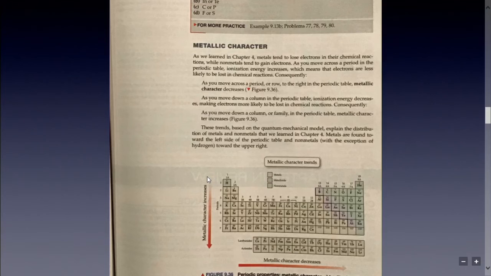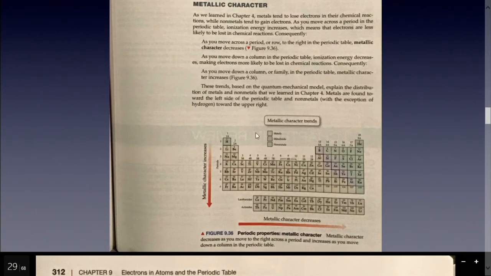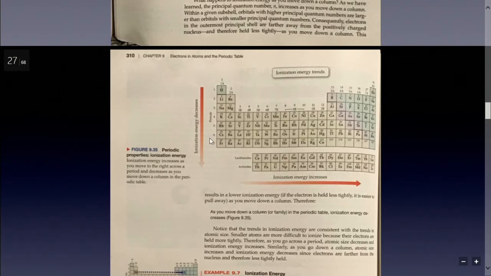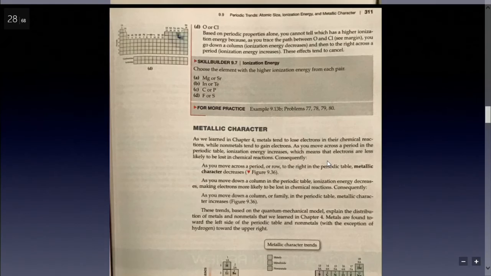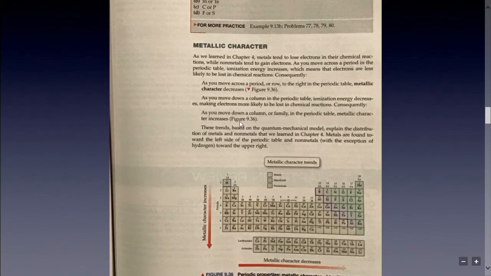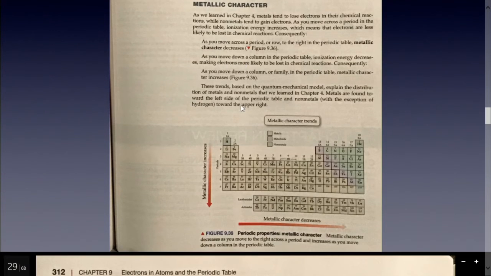How about metallic character? Again, I like this periodic table because it's kind of like this one up here, yet it's got arrows. They're just going to say different things. But let's first talk about what metallic character is. So this is kind of weird, I'm not going to lie. Metallic character has nothing to do with how shiny or how sharp or whatever you would typically think of a metal. The definition of a metal here is going to have to do with all these elements to the left